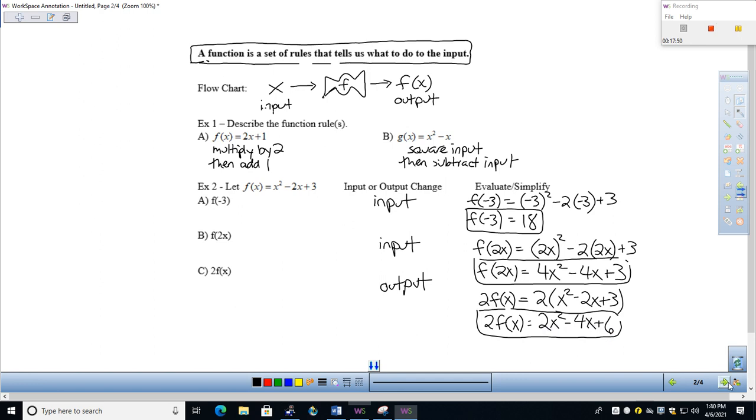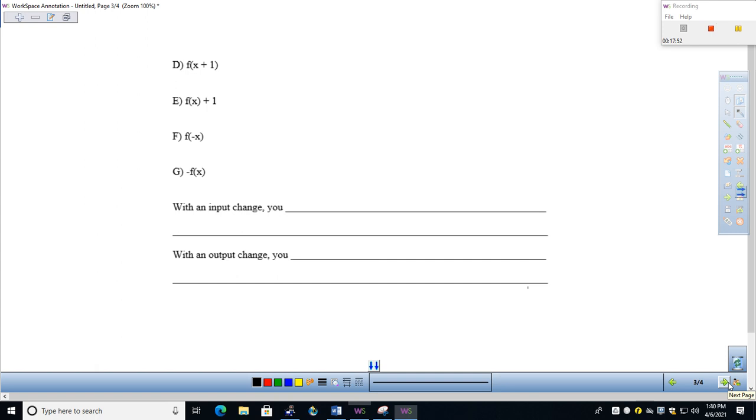Okay, very good. Going to move on to the next one. And by the way, just for my purposes, I'm going to go ahead and write the function here. I think I'll do it right up here, just so I don't have to go back and forth. But so the function was x squared minus 2x plus 3. If you feel like that's appropriate for you, so be it, but no worries either way. Okay, first of all, x plus 1 there. Notice it's inside the parentheses,